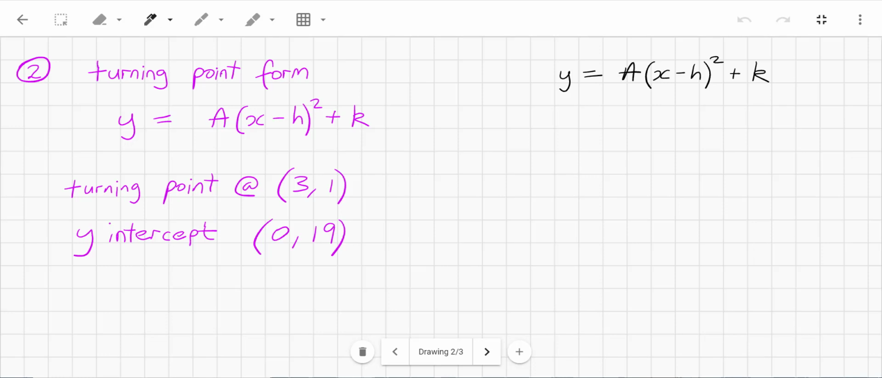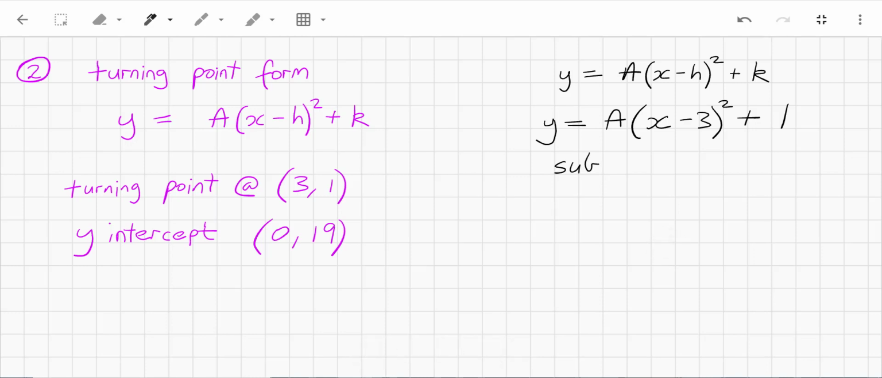So the general form, y = a, and I'm going to substitute in the turning point, so (x - 3)^2 + 1. Similarly to before, to find this a, I'm going to sub x = 0, y = 19. So I get 19 is equal to a(0 - 3), so negative 3 all squared makes 9, plus 1,